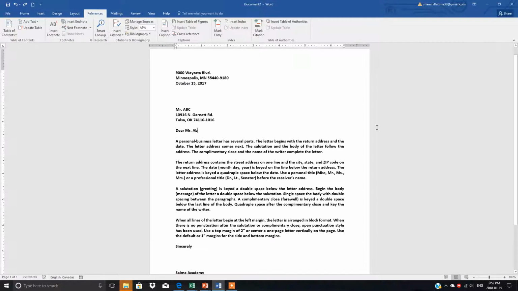So I have already made one document here. This is just a sample. I have mentioned here how you can write down the letter, and no name is mentioned here, it is just Dear Mr. ABC, like this. Suppose this is your document, and when you read your document, when we come here, the complimentary clause and the name of the writer complete the letter. And here you think that you should provide some more information to your readers about the complimentary clause. So we are now going to insert the